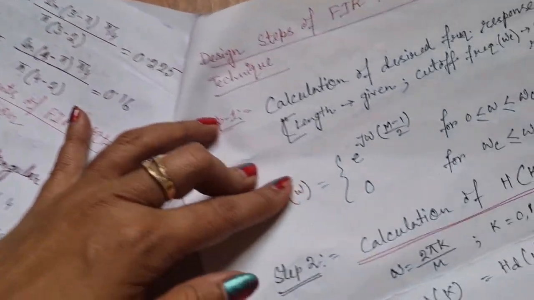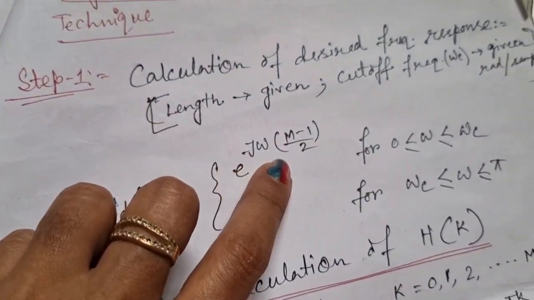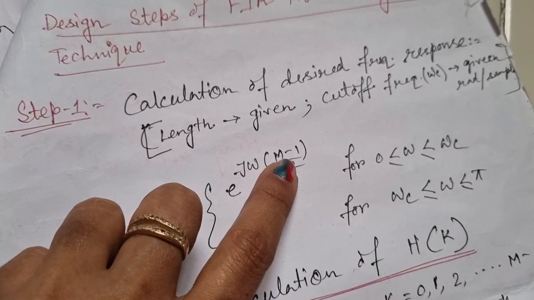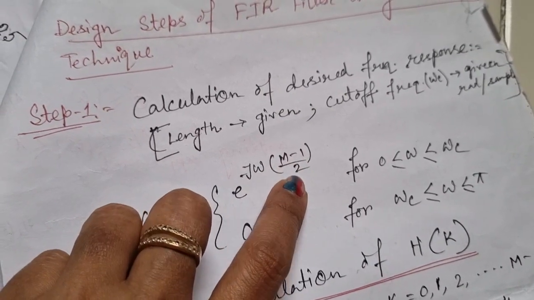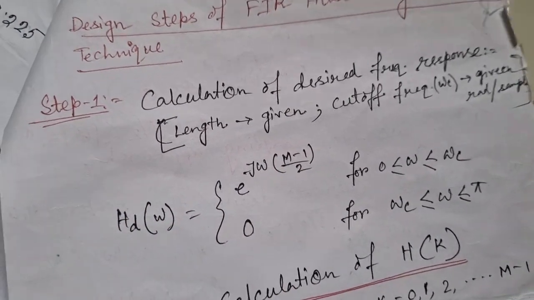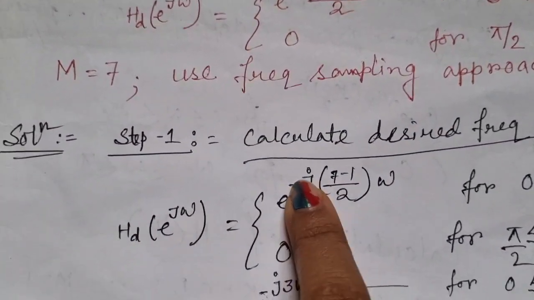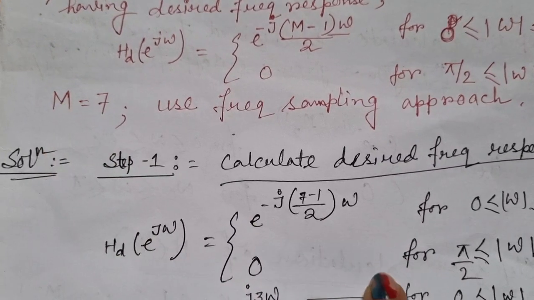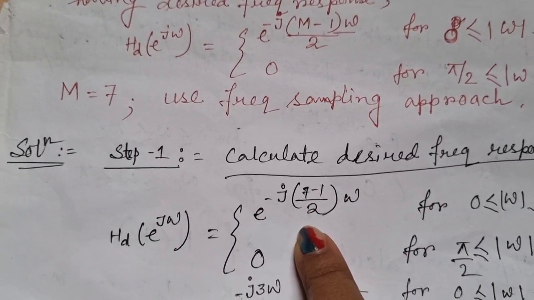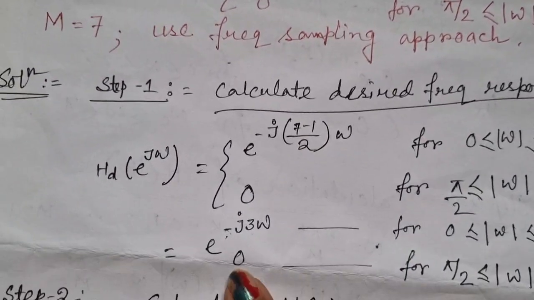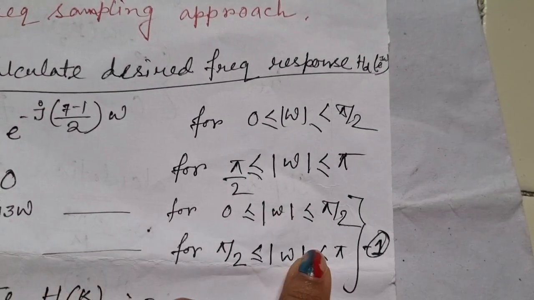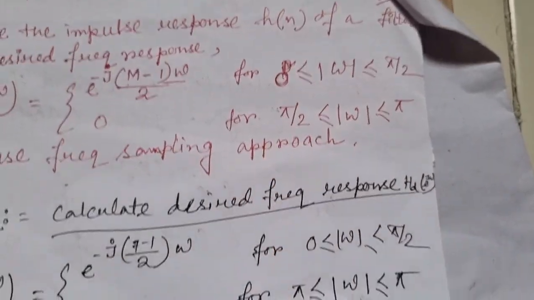The first step is e to the power j omega times (m minus 1) by 2. Here m equals 7, so m minus 1 by 2 is 6 by 2, that is 3, for this range, whatever is given in your question, otherwise it will be 0. Okay,